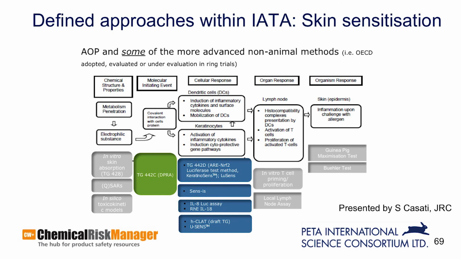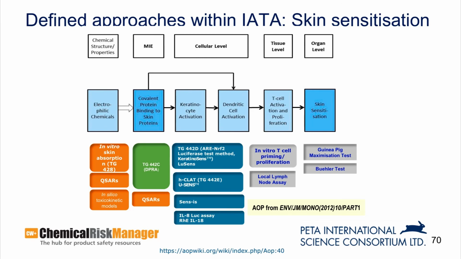If we then think to how we might use and develop these defined approaches, if we look now to the next slide, there's been a slight update in the AOP as has been presented. So on the next slide, now we have a slight change in key event 2 and 3 in the reflection of the AOP. If we then think about how do we combine some of these early events together